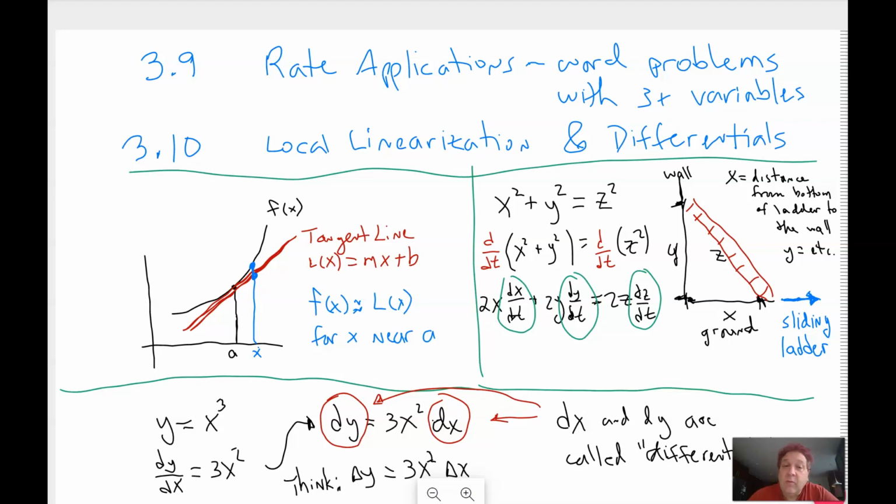Hi, during this week, we're going to be studying rate applications, which are word problems with 3 or more variables, and something called local linearization and what differentials are. So first of all, rate application word problems sound kind of scary, but remember with these kinds of